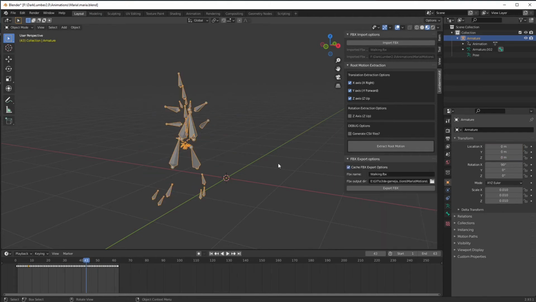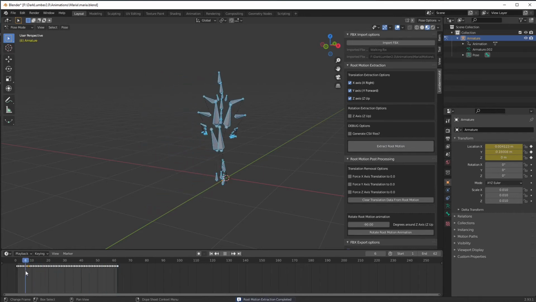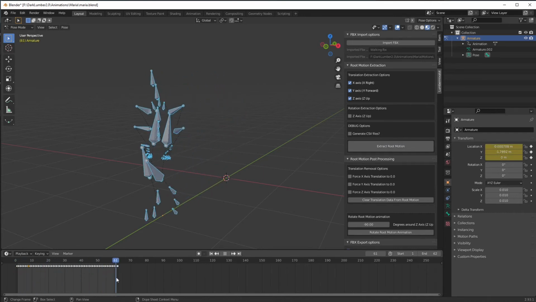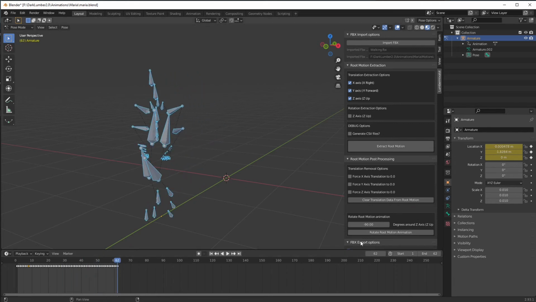and I think we're back at the beginning. The way to know that we're back at the beginning is because the rotation in X says 90 degrees and there is no more keyframe data. So we're basically back at the beginning, and we're gonna click Extract Root Motion again. And as we can see, we extracted all the root motion. You can see the dot is moving, everything is perfect. And let's